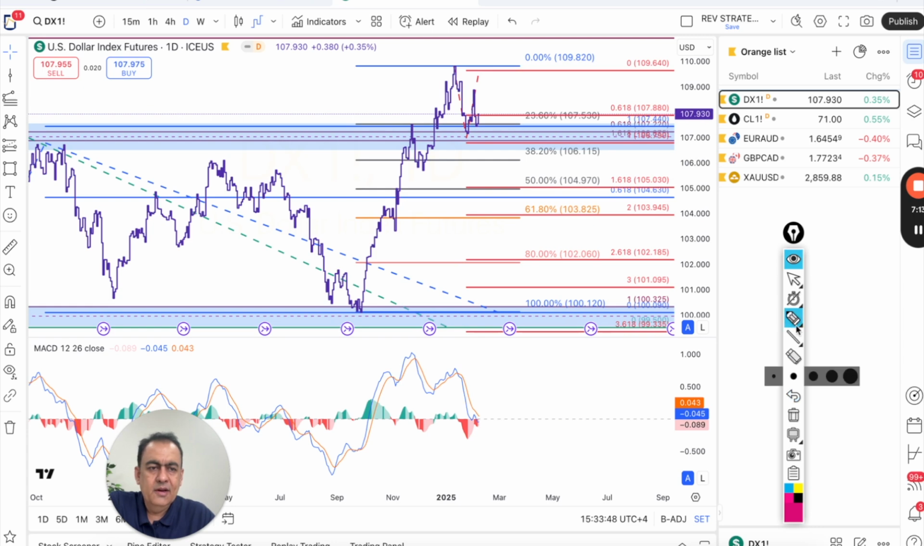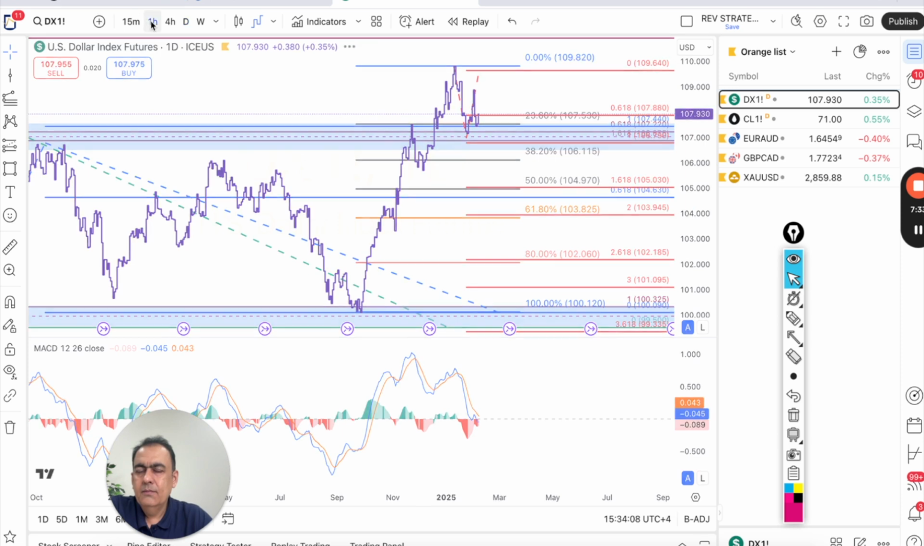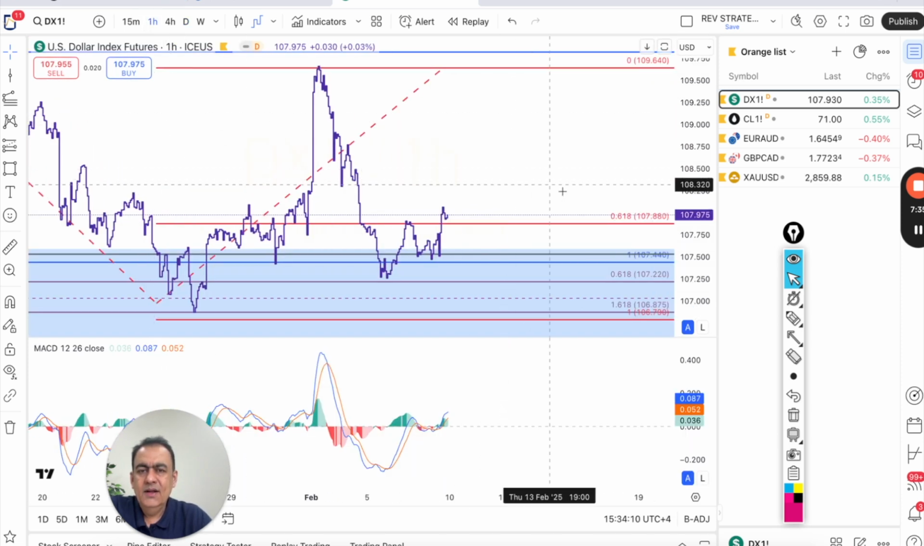So I'm expecting that if correction starts in dollar, the first target is 107, followed by 105.03, and followed by 103.94. Let's move down to 1-hourly frame now. Now here on 1-hourly frame,